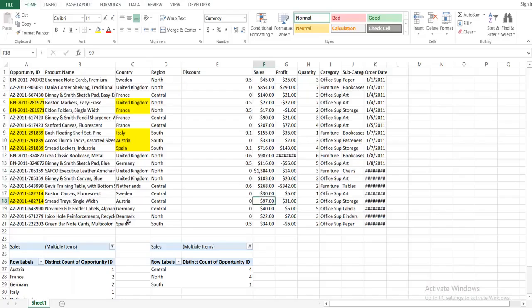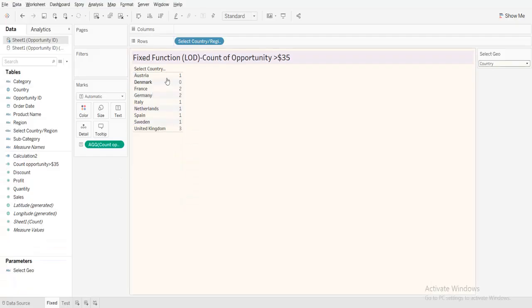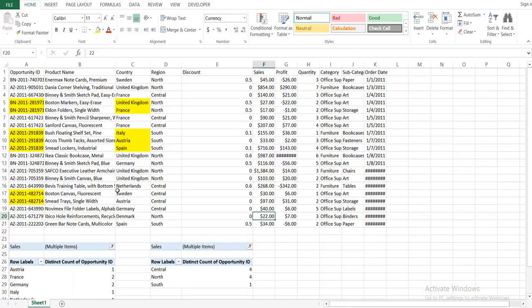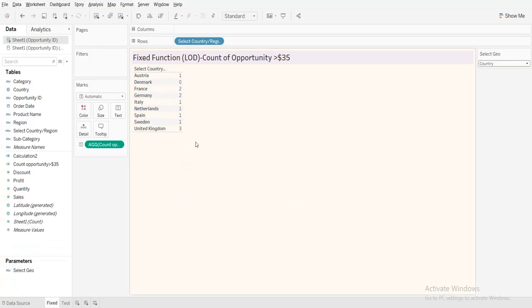Denmark, it's 22, there's no other Denmark, and that is why it shows 0. Germany, again it's 1, this is 40, and again Germany, this is 16. There is no other Germany. This way one is the count of opportunity IDs.